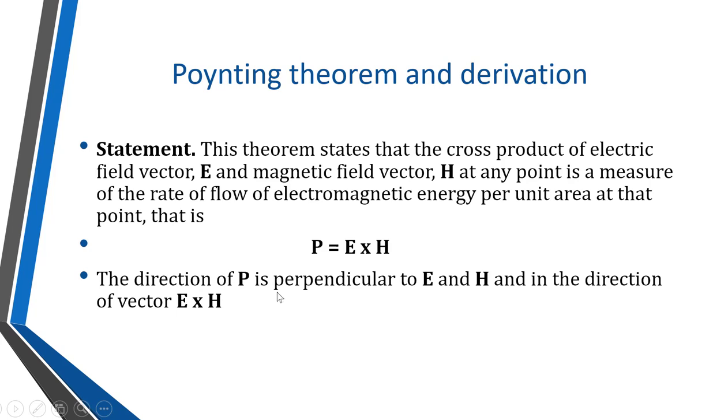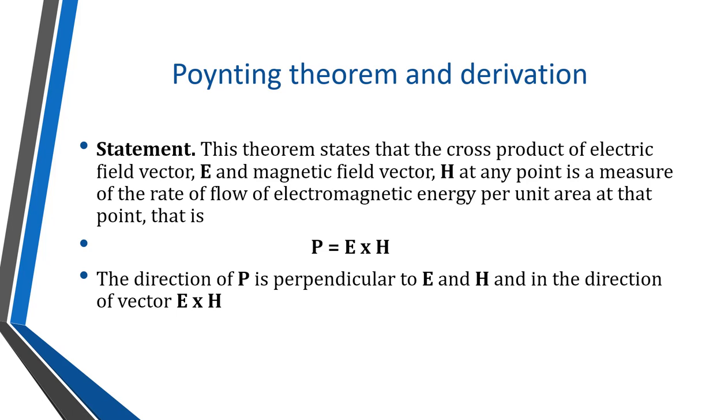In 1874, the scientist John Poynting discovered that when an electromagnetic wave travels in a medium, it carries energy with it, or it can carry power with it. Why? Because an electromagnetic wave constitutes electric field intensity and magnetic field intensity. So this means it carries a voltage and ampere product, and hence we can say that it is carrying power. So this theorem is known as Poynting theorem because of the scientist John Poynting.